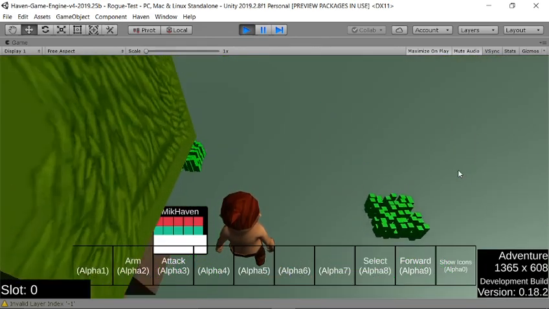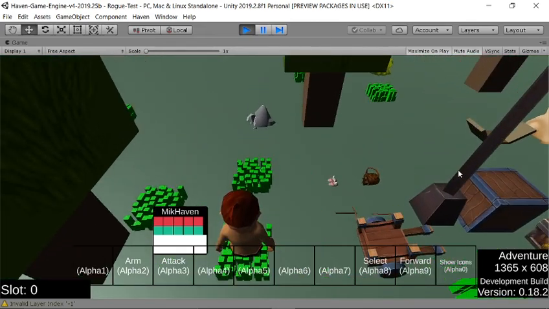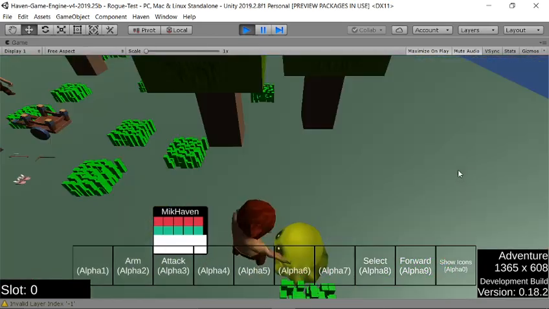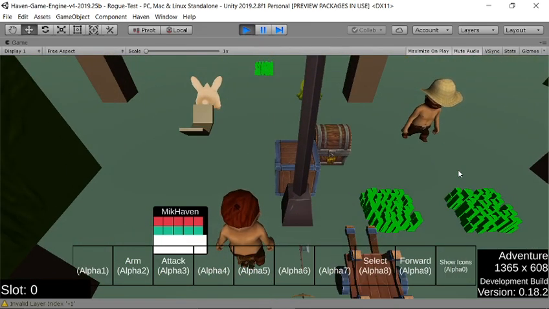It's actually not doing his walk animation. Yeah, he was walking a little bit better. I think it's because I'm not telling the animation system what he's actually doing. But anyway, the point being is that you'll be able to customize your character, and